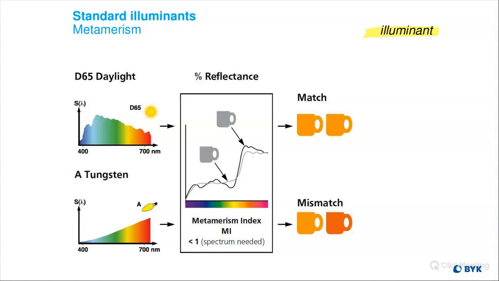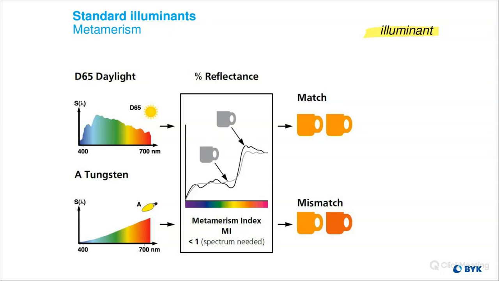So again, talking about the light sources, something interesting can happen in many cases, which can be pretty important in manufacturing or production. And that's something we call metamerism. Metamerism is when you have two objects that will match under one light source, but if you were to change the light source, you'll get a mismatch. And that's usually because of different pigmentation that's used in whatever process or production that's causing that.